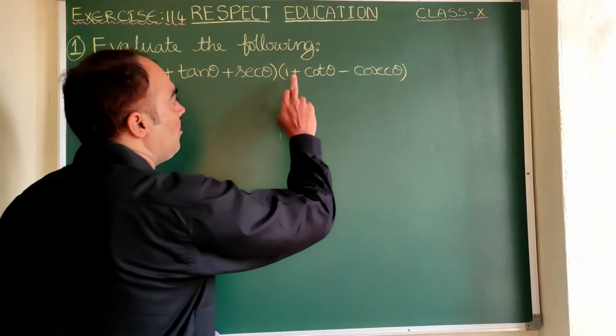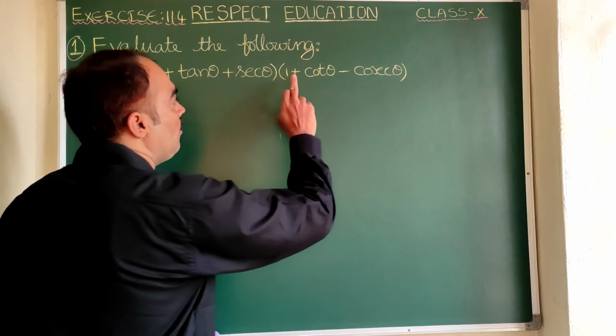Okay, so first let us write the formulas before starting the problem. Two formulas are in this, that is a plus b whole square and a minus b whole square. What is the a plus b whole square formula? A square plus b square plus 2ab. Clear? And what is the a minus b whole square formula? A square plus b square minus 2ab. Is it clear? In both the formulas, a square plus b square will have plus only. Only the sign will change for 2ab. Here plus means plus 2ab, minus is minus 2ab. Is it clear? Yes, sir.